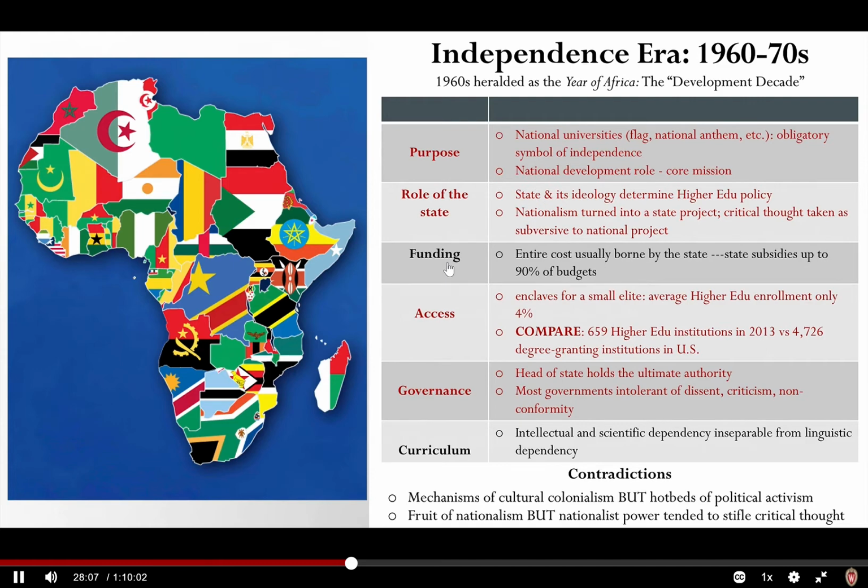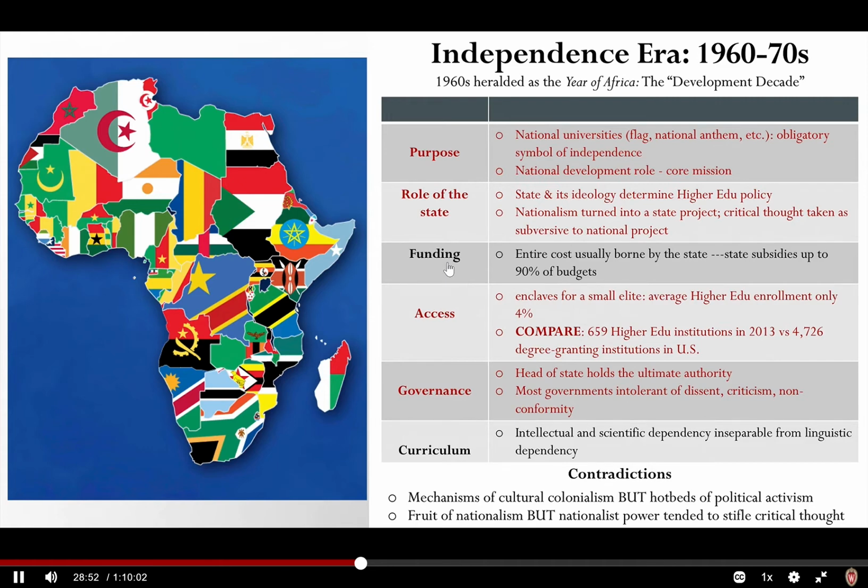If you compare this with the US, for instance, there were 659 higher education institutions in 2013 on the African continent. This compares with, it's a stark comparison, right? Difference with more than 4,700 degree granting institutions in the US alone. So I'm using these numbers to show how small the proportion was of people who could gain access into higher education. The head of state, in terms of governance, the head of state